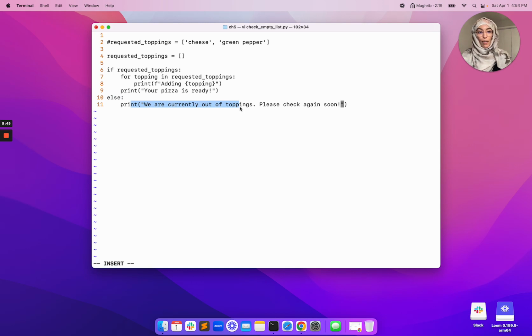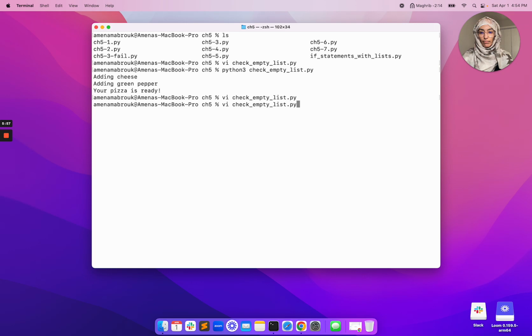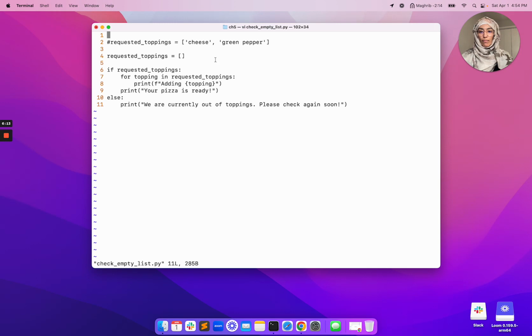Hey, we're out of toppings. Please try again. So let's run this and see if this works. We're going to click escape, :x enter, up arrow key, run. And as you see here, our script actually works. We are currently out of toppings. Please check again soon. And that's actually how we check whether a list is empty or not,